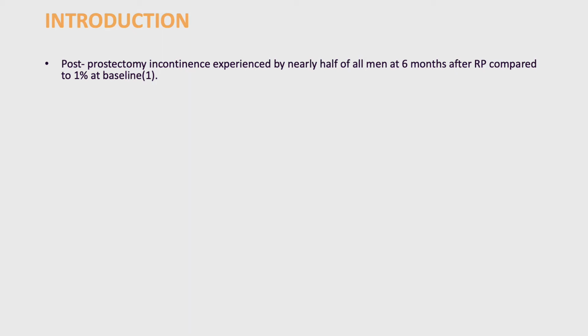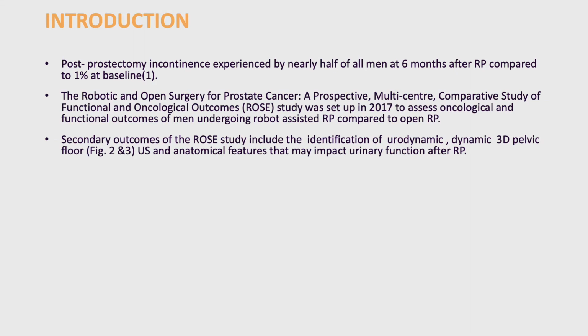Post-prostatectomy incontinence is reported by nearly half of all men who undergo radical prostatectomy at 6 months, when compared to just 1% at baseline, according to the PROTECT study from the UK. The Robotic and Open Surgery for Prostate Cancer, a prospective multi-centre comparative study of functional oncological outcomes, or ROSE study, was set up in 2017 in the Sydney Health District to assess oncological and functional outcomes of men undergoing robot-assisted